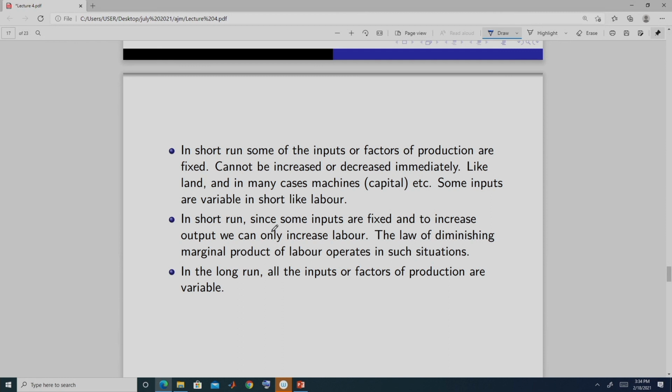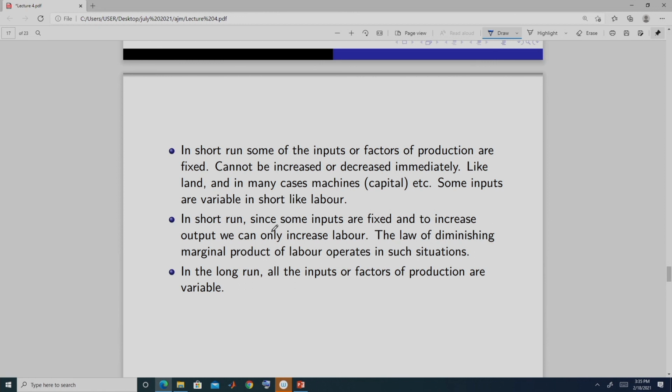Suppose we want to use more machines. These machines need to be procured and installed, and all those things require a lot of time. So, immediately we cannot change our level of machines that we are using. So, some factors are fixed in the short run,